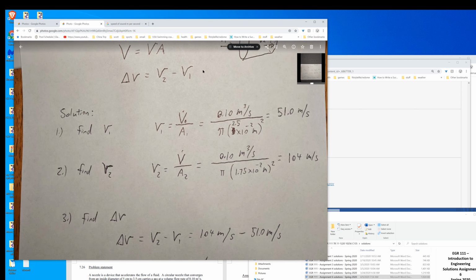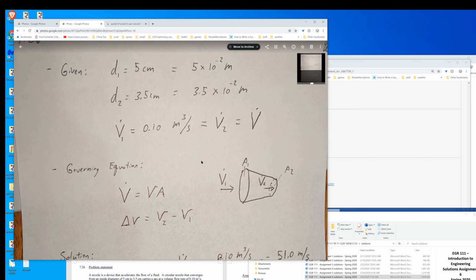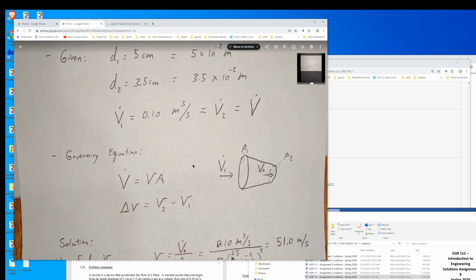Also, for us to be able to solve it, at least in the textbook, we are not given any other information, so we really need to make that assumption in order to solve this one. We make the assumption because the velocity is relatively low compared to the speed of sound, 343 meters per second,